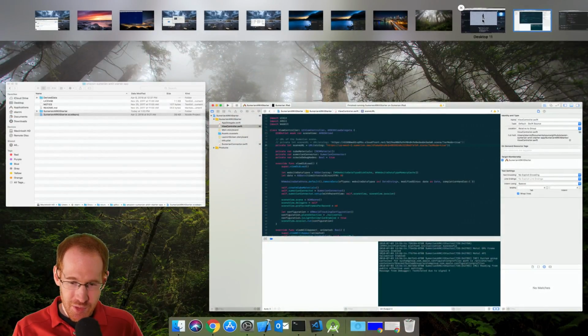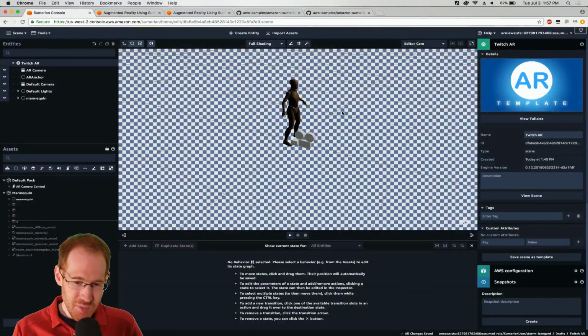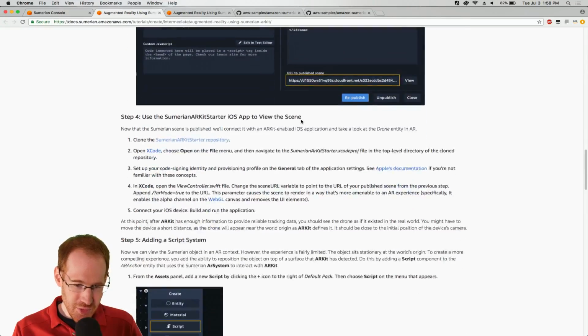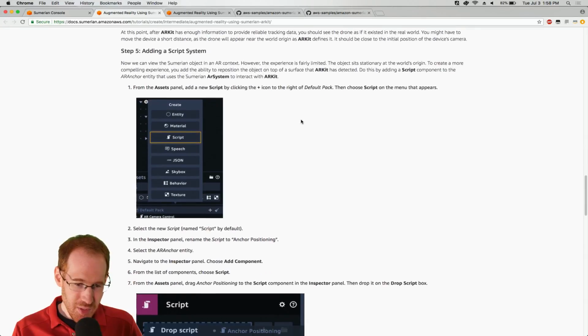So at that point, you're able to view an object in AR, but to make things useful and interesting, we probably want the ability to position, rotate, scale objects, and have a little bit more control over where they're placed in the real world. So to do that, and this is where the tutorial sort of jumps into the more advanced mode,